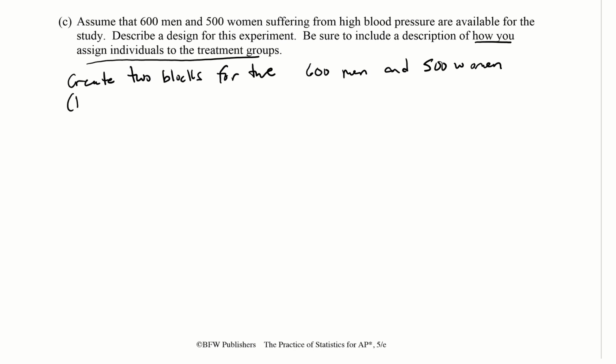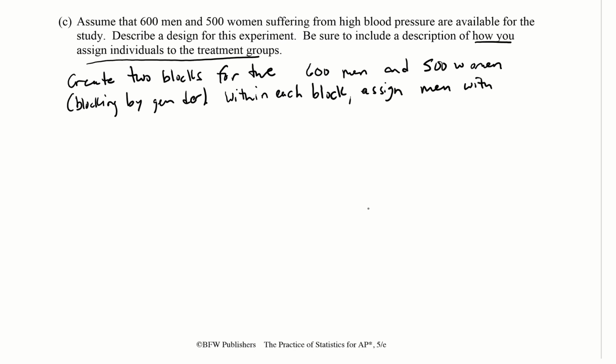Okay, blocking by gender, right? I'm just going to put that in parentheses. All right, so we're blocking by gender, and then we have our 2 blocks. So within each block, assign men with the numbers